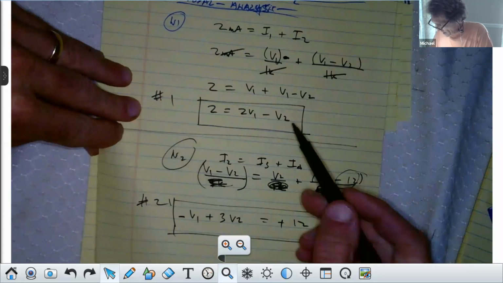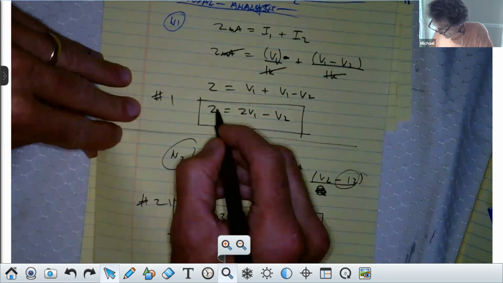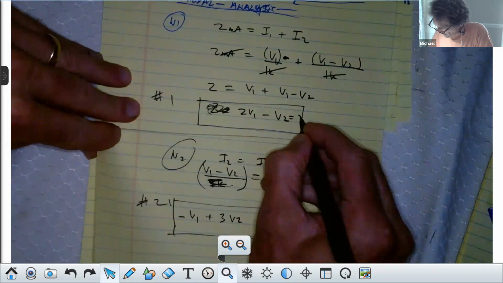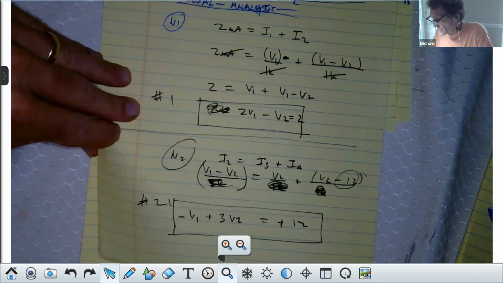Now you can see here, really 2 should be on the other side. How about if I put it on the other side? Okay. I just rearranged that, okay? And now I'm going to create a system of equations. You okay with me? Yes. All right,